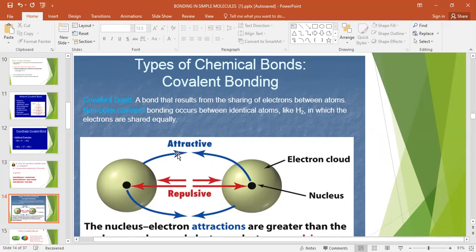But if the same atoms, like H and H, both have the same value, 2.2 and 2.2, the difference is 0. So what do you think? Same charges, do they repel or do they attract each other? Yes, they repel. Why? Because